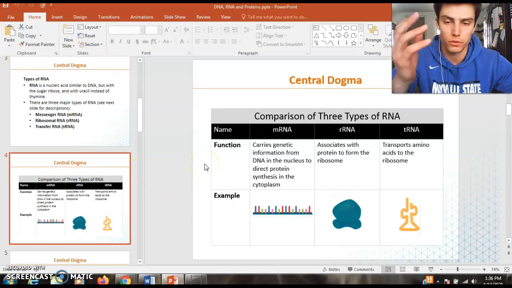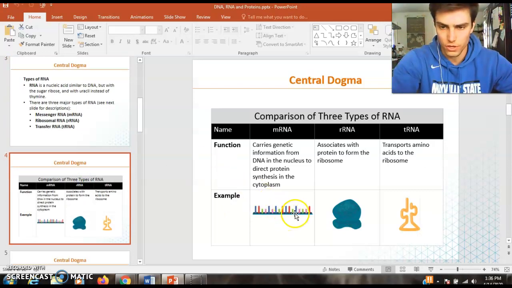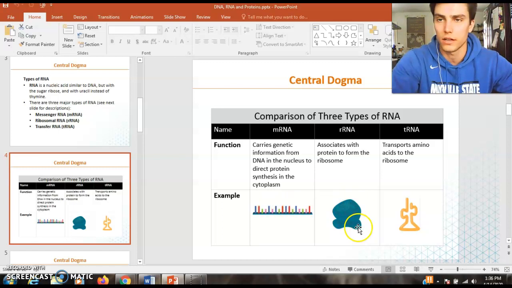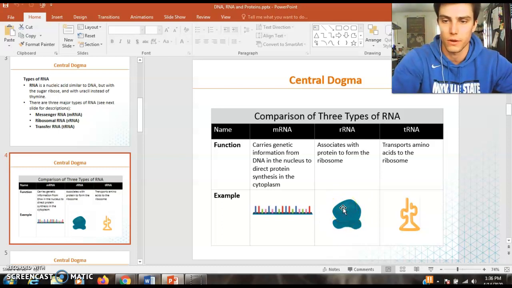Here's a good little example of what they look like. You're going to see mRNA, messenger. I like to think of it like Morse code. You have dashes; Morse code doesn't have colors, but you have different coding, right? With messenger RNA, you're sending a message. Ribosomal RNA, rRNA, is kind of like a glob, and it essentially helps form ribosomes. A ribosome in the cell is like a circle, so that's the easiest way to recognize that one. And then tRNA, or transfer RNA, looks a little bit different, and it has a specific function that we're not going to get into.